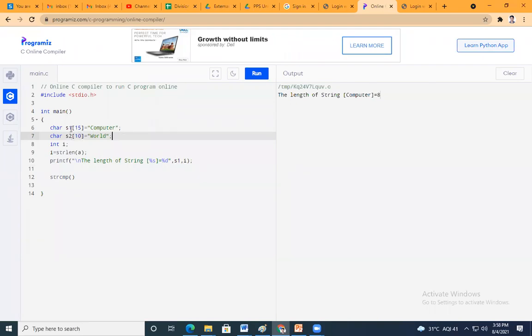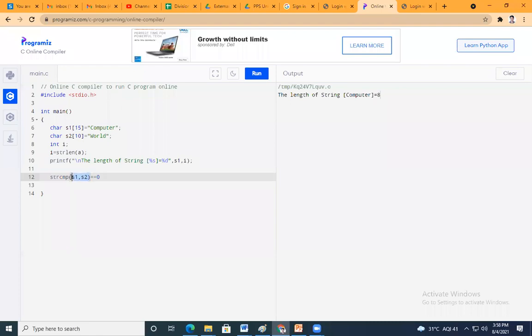I have taken two strings, s1 which contains computer and s2 which holds world. Now I wish to compare whether s1 and s2 are equal or not. If both are equal, it will give me 0 value.